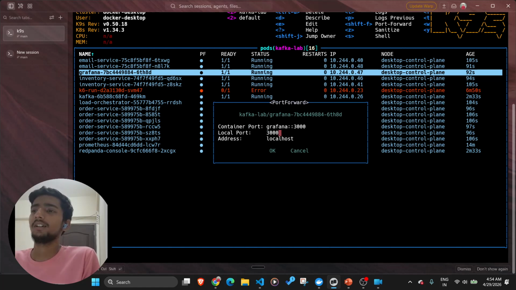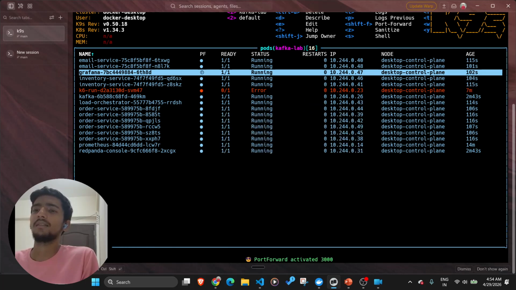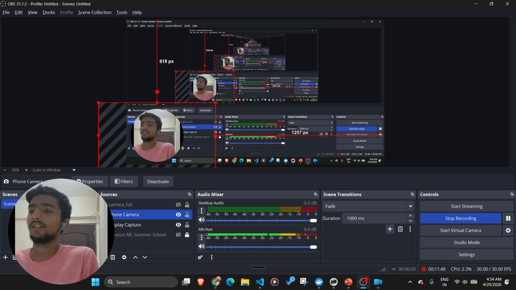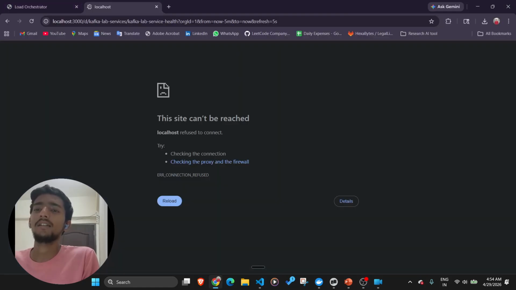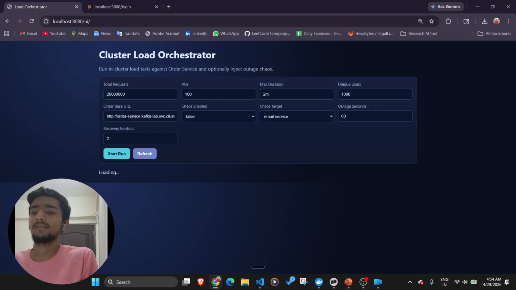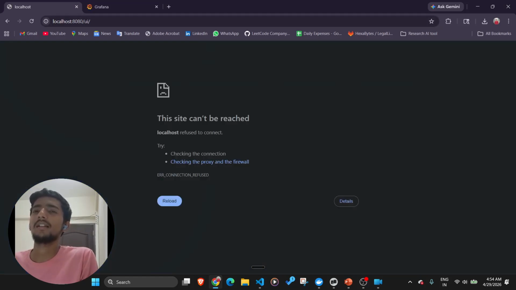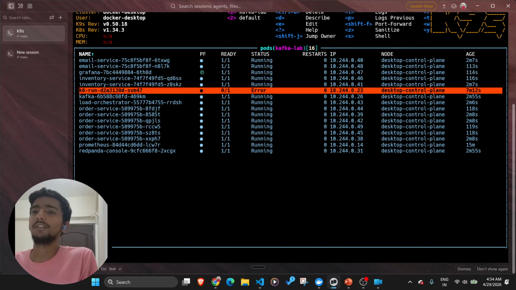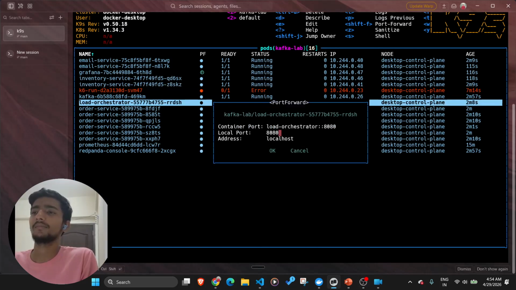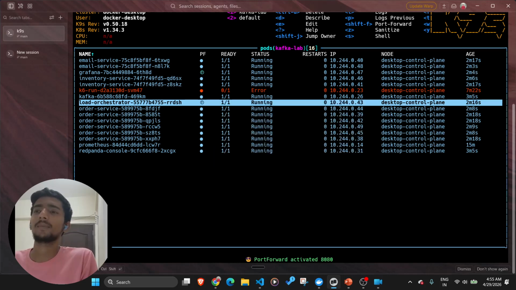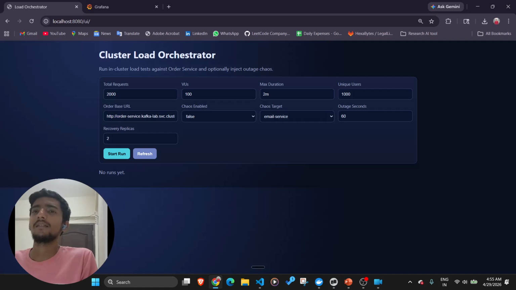Now let's start Grafana to see what is happening behind the scenes. I have to port forward this one also.